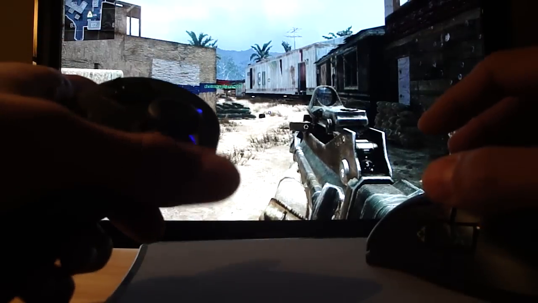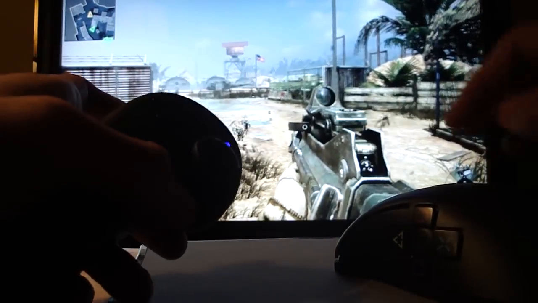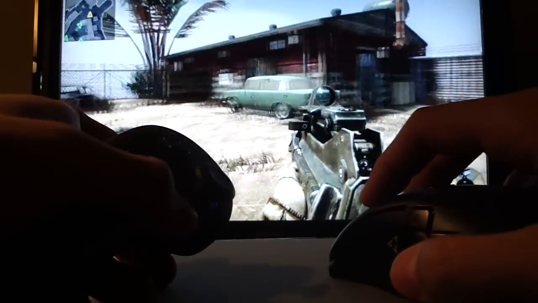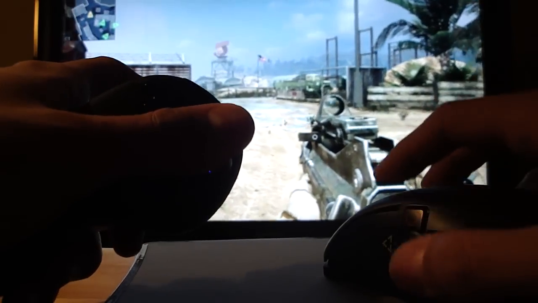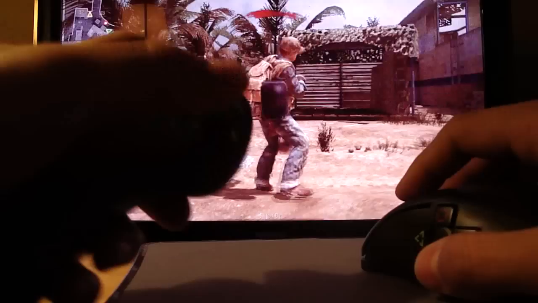Now, when you get to vehicles, when you go on a chopper, on a gunner, you cannot use the mouse because you'll have to scroll and scroll and scroll just to move a little bit with the gunner. The Valkyrie rockets are not that bad, but they're not controllable. So what you want to do,